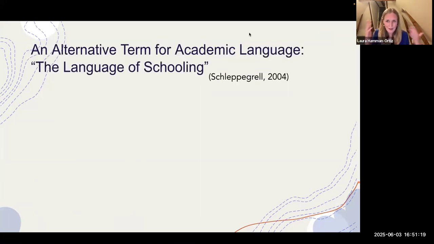To help us think about this, I want to propose another way to think about what academic language is, and another term for talking about academic language that I often use, which is the language of schooling. So kind of thinking of it as the language that we use at school to accomplish different purposes. And this term, the language of schooling, comes from Mary Schleppegrell's work, which is really rooted in a functional understanding